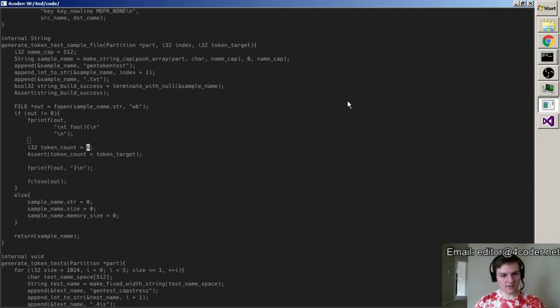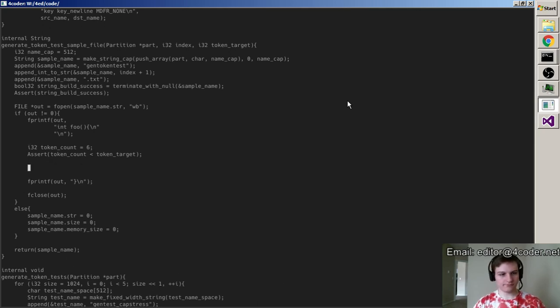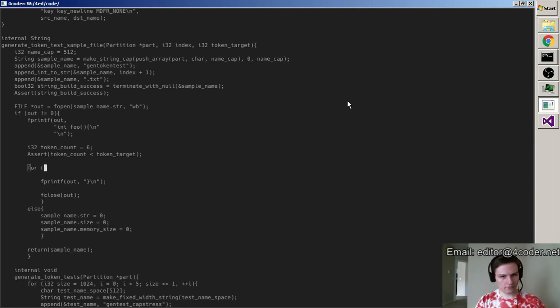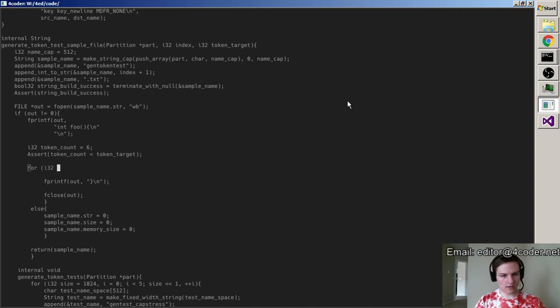And so we have 6 tokens, although only 5 of them are printed. The 6th one is going to be right here no matter what. And then we're basically just saying while the token count plus 10 is less than the token target,